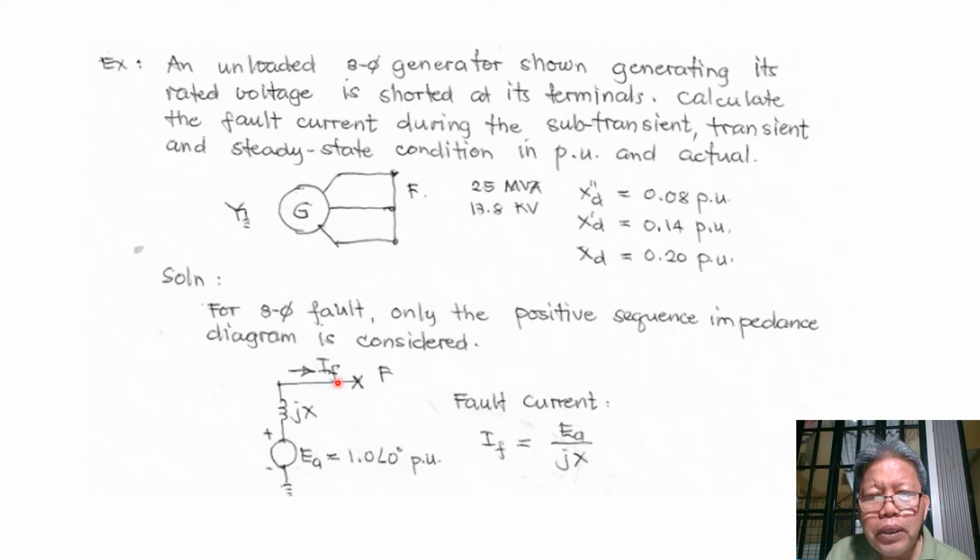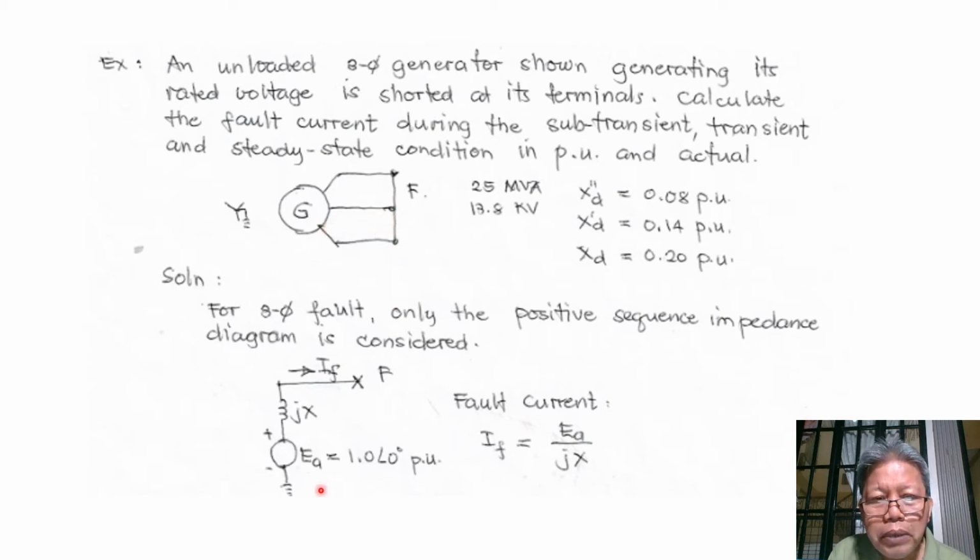Now, since we learned in lecture 10 that for a three-phase short circuit we only consider the positive sequence impedance diagram, the zero sequence diagram will not be considered, as well as the negative sequence impedance diagram. So the positive sequence impedance diagram of our generator